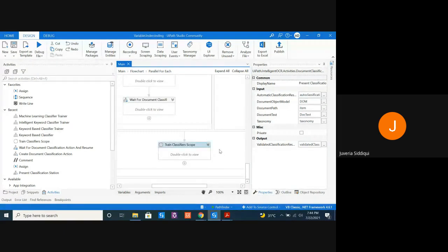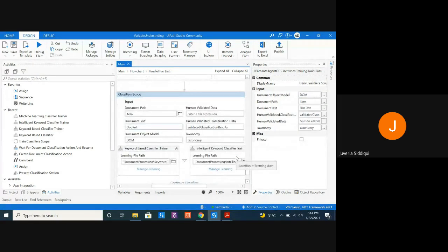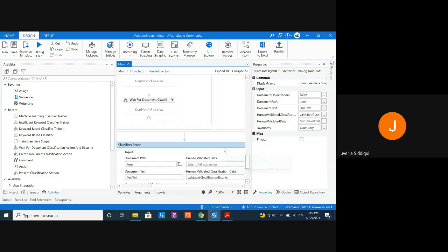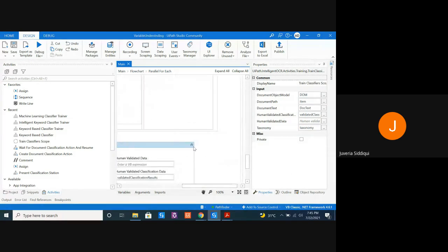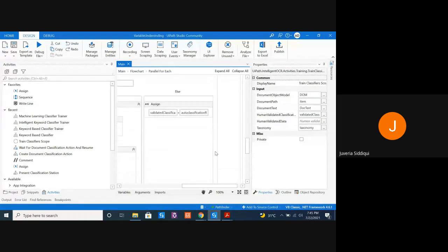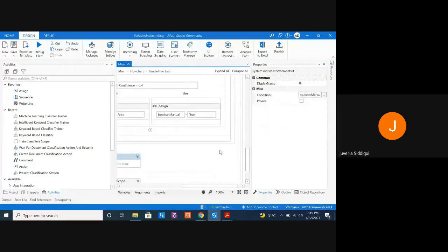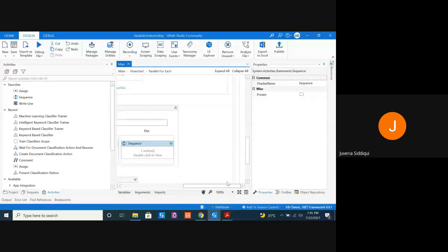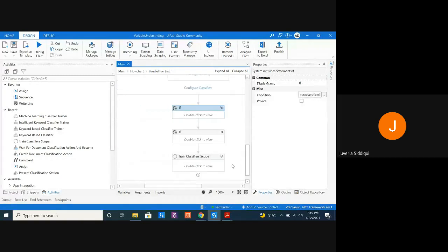And then we learned how to train our classifier activities because we don't want to do this manually every time. So the more we train, the more intelligent the robot becomes. Yesterday, we also learned a bit about AI Center and all the out-of-the-box packages available. We also saw what is a storage bucket, and we also saw the Action Center. Today, we are going to focus on actually how to extract the information from the documents that we've been aiming to do since session one. So let's start doing that.